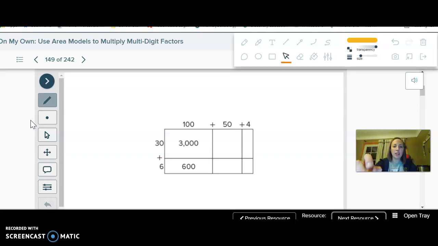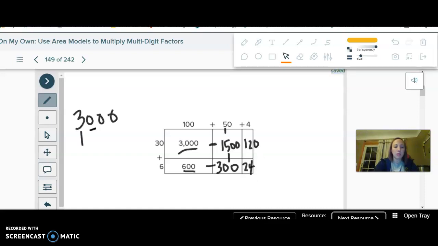All right, hope you got it. They filled in 2 of our numbers for us, but now I have 50 times 30, which is 1,500. 4 times 30 is 120. I don't know why they made that box so small. 50 times 6, 30 with another 0. Don't be confused because you added a 0, because 5 times 6 is 30. You still need to add that other one. And then 24. So now if I add up 3,000, 1,500, 120, 600,